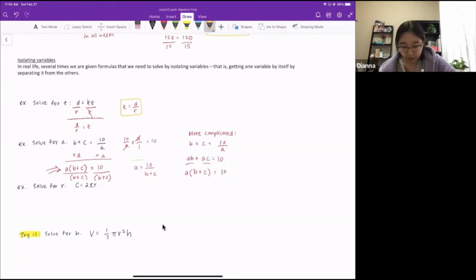And eventually you'll develop the intuition and be like, oh, I don't need to multiply everything out. Sometimes it's better to not have to do the work. Okay, so